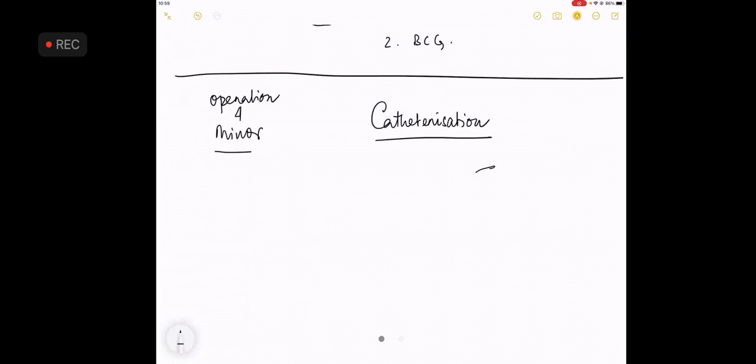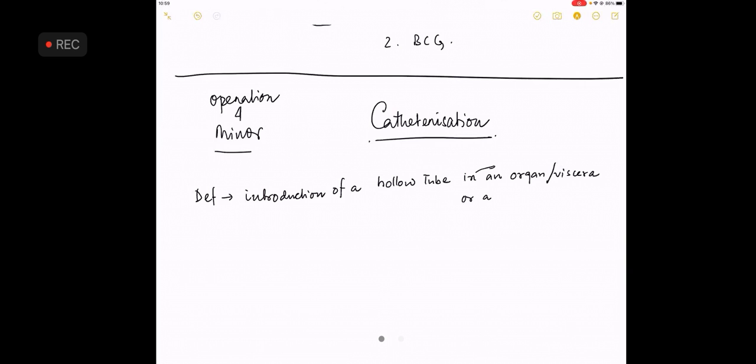Now, catheterization by definition technically means introduction of a hollow tube in an organ, viscera, or a cavity or vessel